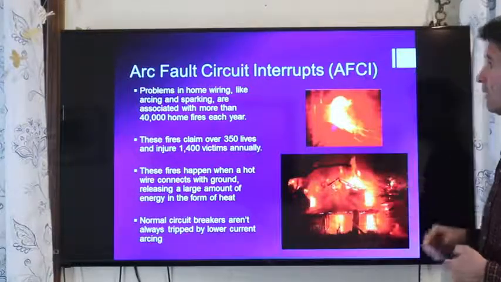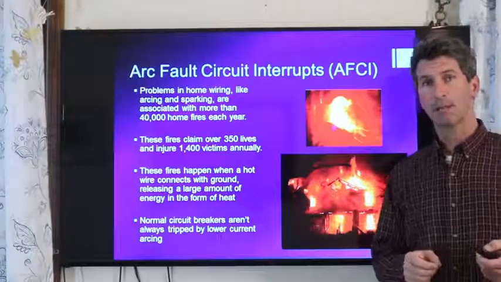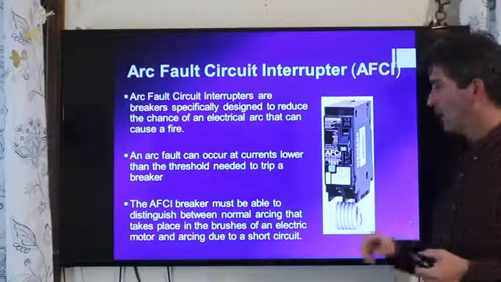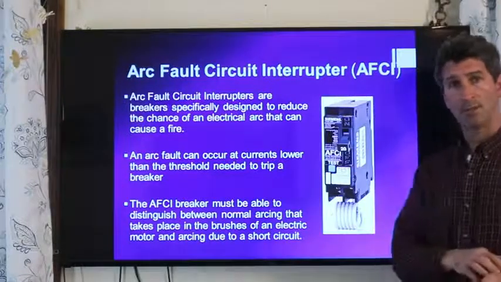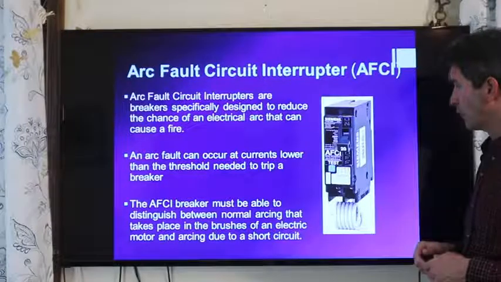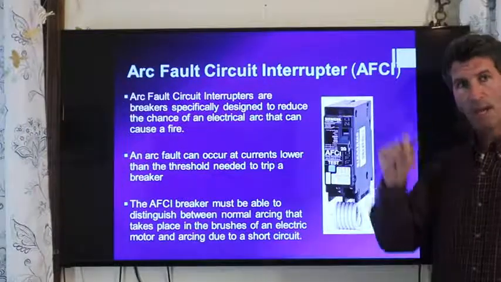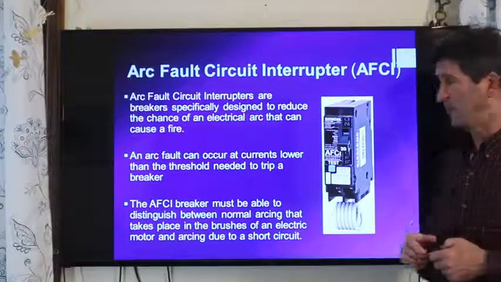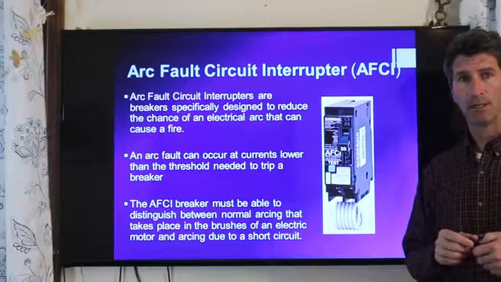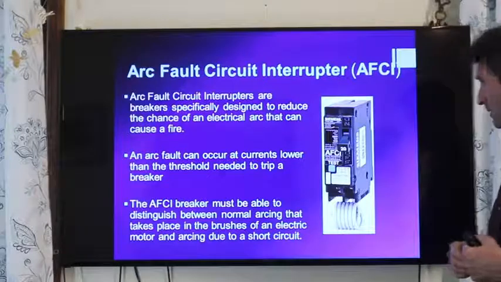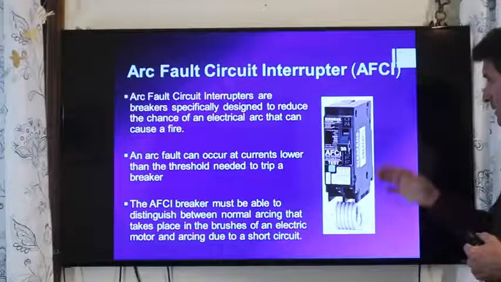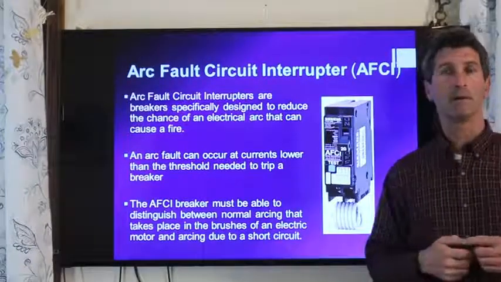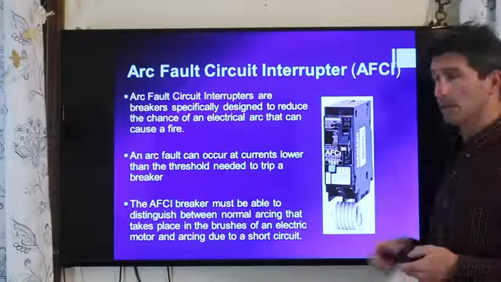There is something called an arc fault circuit interrupter. These are specialized breakers that you can actually buy. They're very expensive, but they're much safer than the standard breaker. Not only do they trip whenever you exceed a certain current, and this one's rated for 20 amps, they also detect spikes in the voltage, which may or may not happen if some type of shorting is taking place and it's arcing onto another object. So these AFCI, arc fault circuit interrupters, are actually very important for preventing electrical fires, because